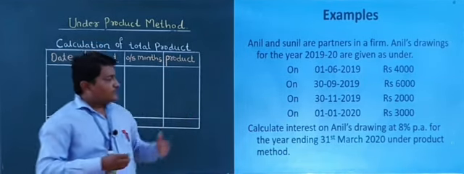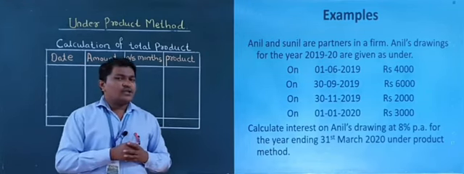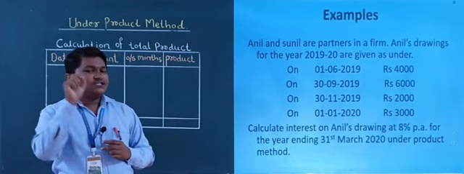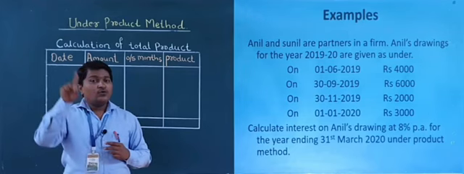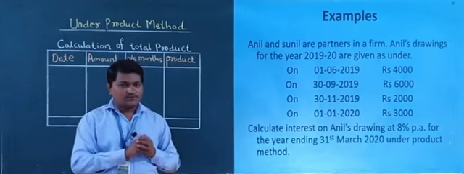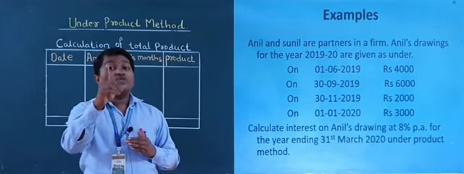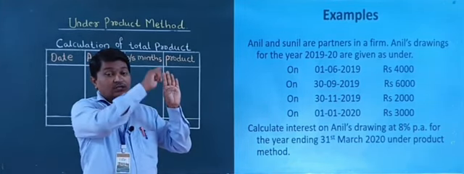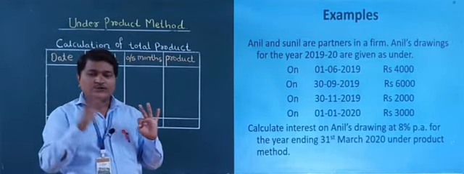Before this I told you to note down the formula. What is the formula to calculate interest on drawing under the product method? Yes, interest on drawing is equal to total product into rate into 1 divided by 12. This is the formula. First of all we need to calculate total product, because the formula is total product into rate, which they gave in the question, that is 8%, into 1 divided by